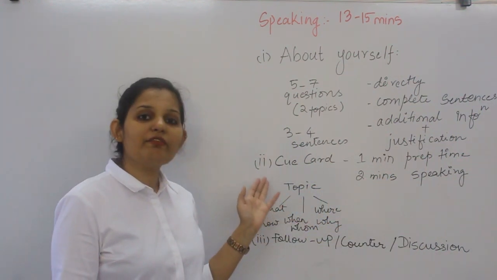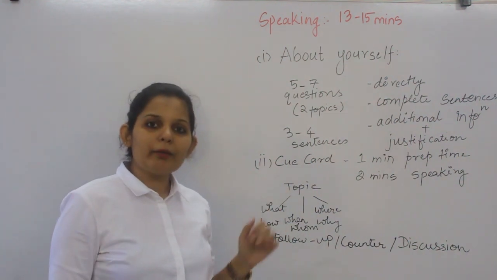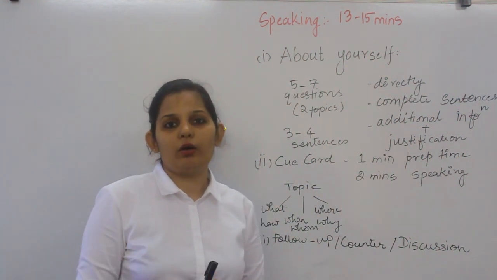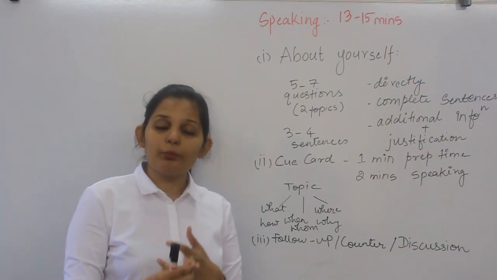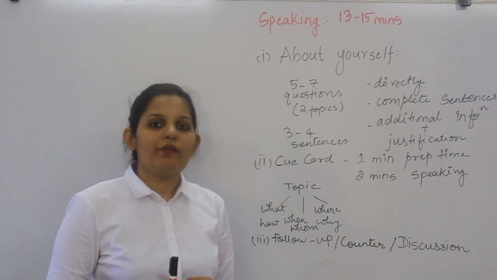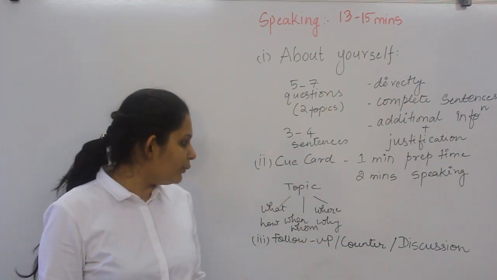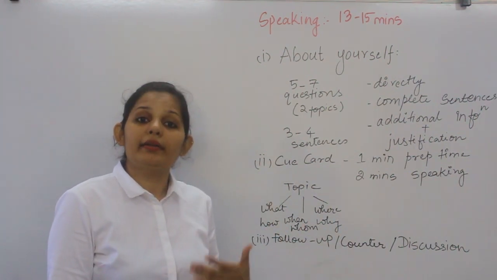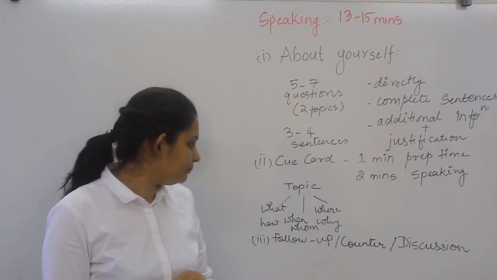Now, what kind of topics are given and how to answer those topics? The topic may be a car that you bought, an electronic gadget that you want to replace, a favorite vacation that you had, or a dream house that you want to have. So these questions may be in the past, present or future. You need to first look at which tense the question is in and then start your answer.